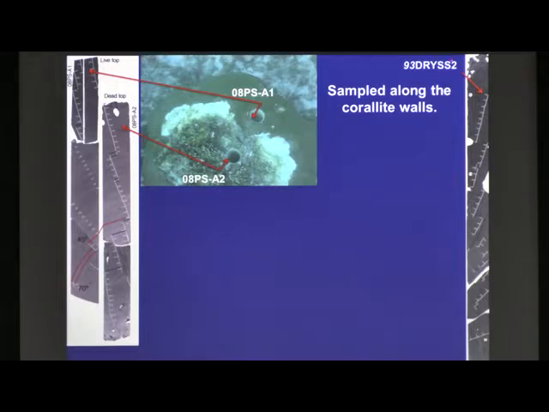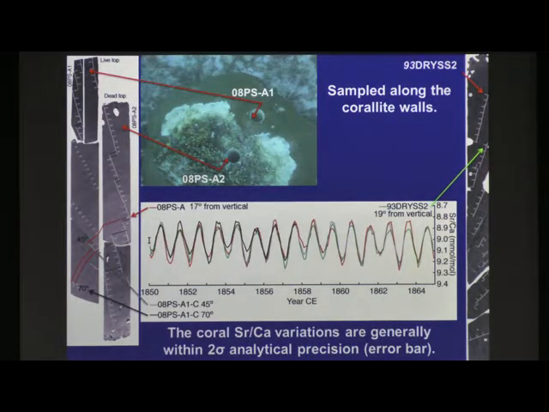This is particularly important for this 93 dry SS coral, because you'll notice as we go down core, the angle of the growth is changing. When we get to the bottom, it's almost horizontal. So if I'm going to use this coral to extend the record, I need to be sure that I don't have any shifts occurring because my growth angle is not vertical, it's now almost horizontal. I had one of my undergraduate students sample and conduct this test for me. So these are the results of that test.